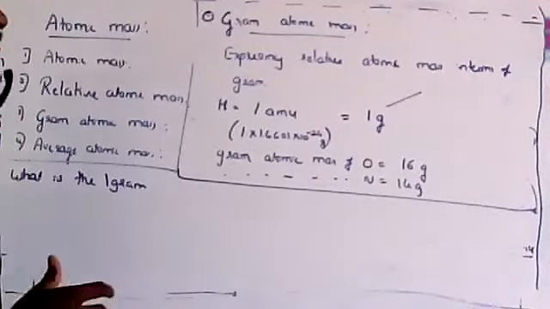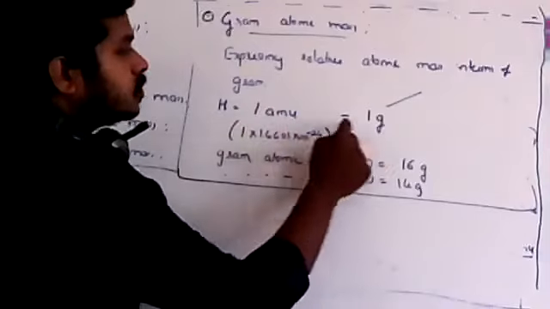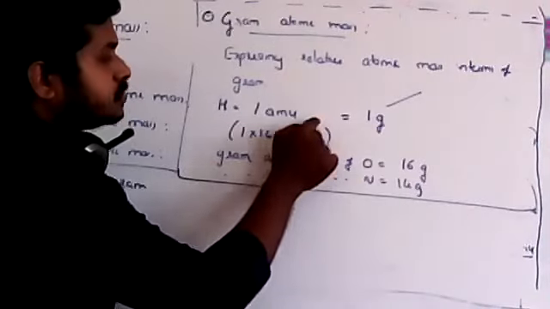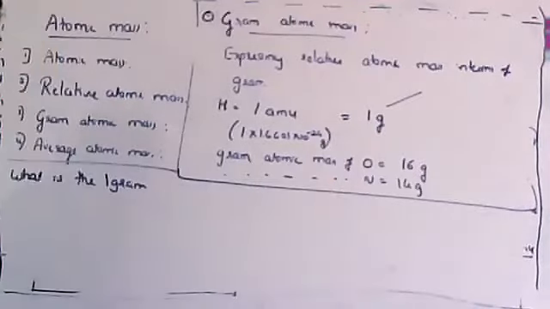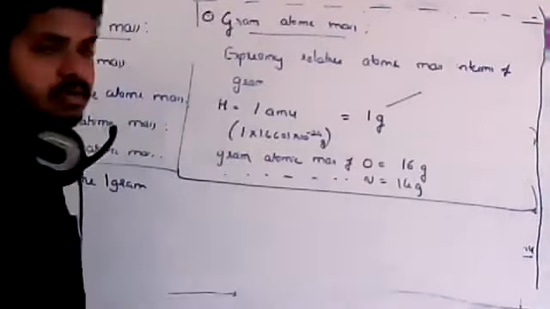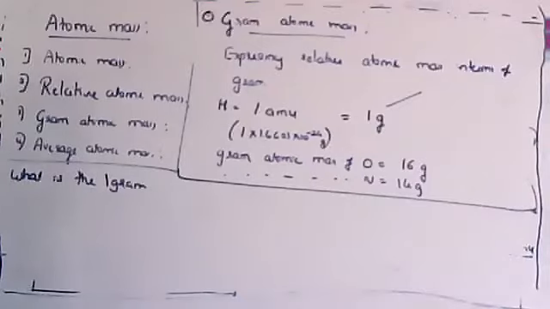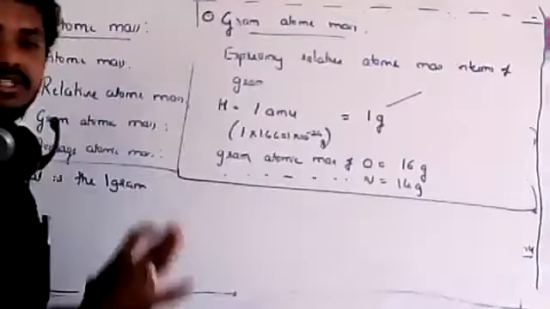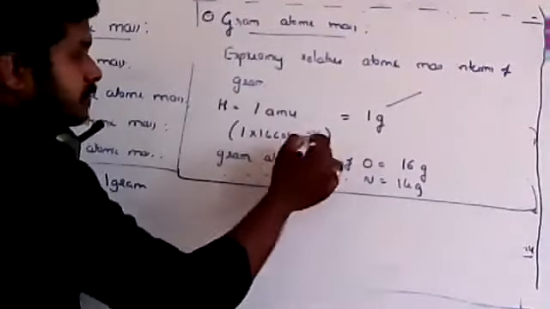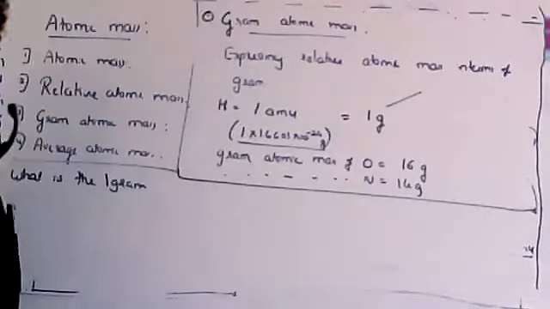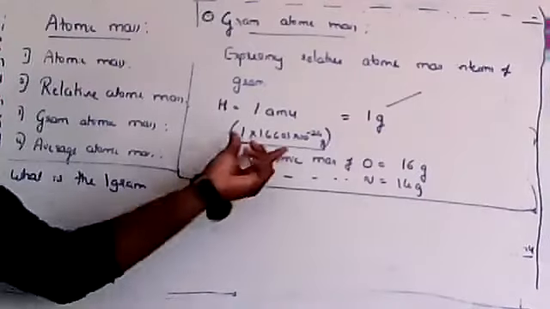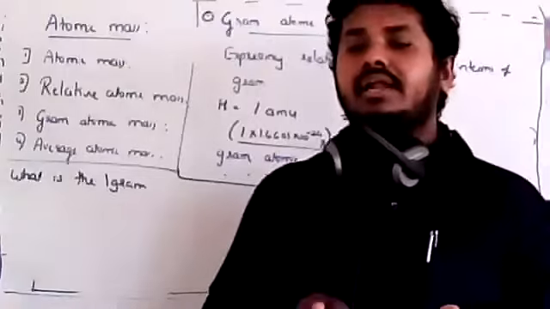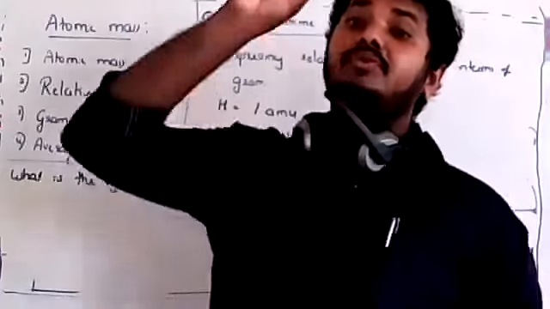Shilpa, very good question. Shilpa is asking whether 1 AMU is equal to 1 gram. No, because 1 AMU is this value. Can 10 to the minus 24 equal 1 gram? No. It is just expressing in that way, for our calculation. It is not equal. The actual mass of 1 AMU is this one, but for our daily usage, we cannot calculate 10 to the power minus 24 grams every time, right?